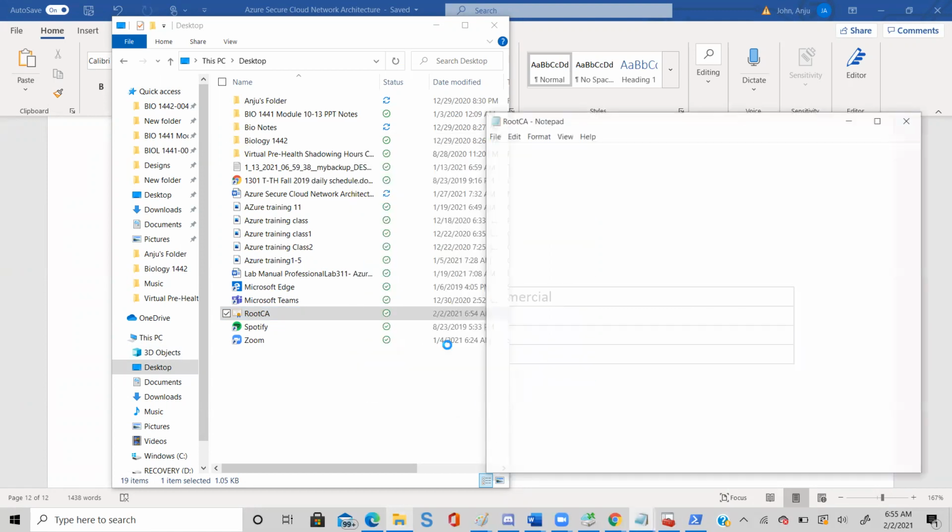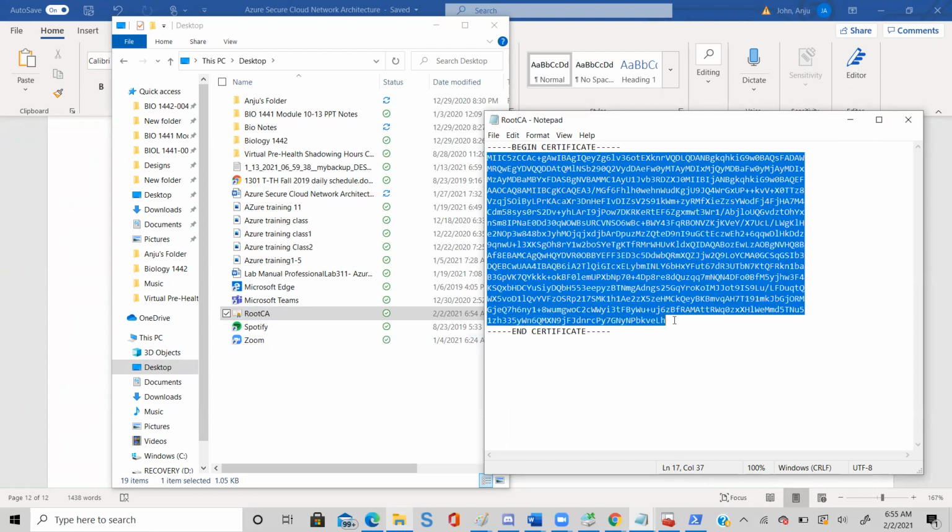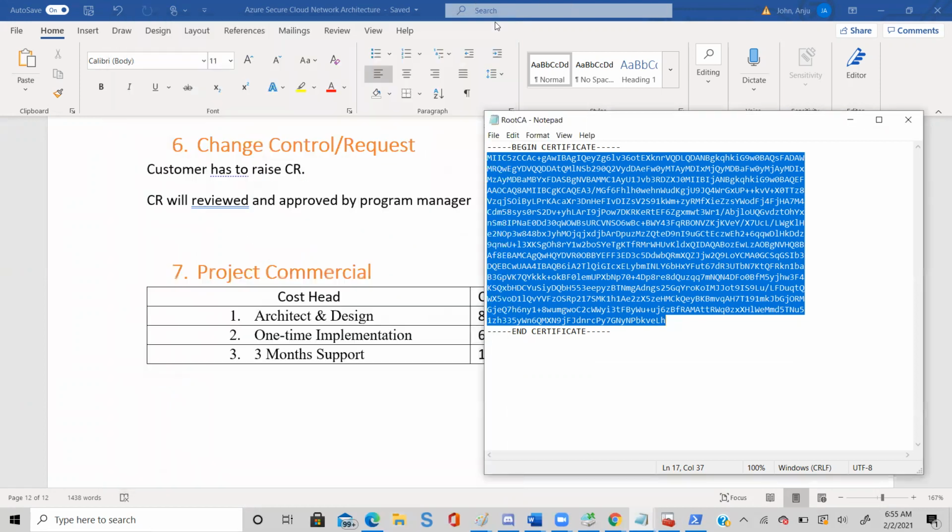So it is opening a certificate. This is the certificate we have. So this is basically a key. You have only one line of message, but it looks like garbage because you should not be able to read the message clearly.